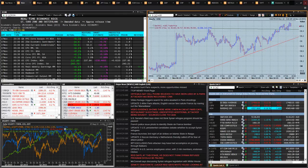All right, let's have a quick look at the remnants of the US North American session. Now, the main thing was the CPI numbers. You got the CPI, then you got the core CPI underneath. Pretty much all as expected. The year-on-year number just slightly above. The rest of it, everything else was bang on target, and even the Redbook pretty much on target